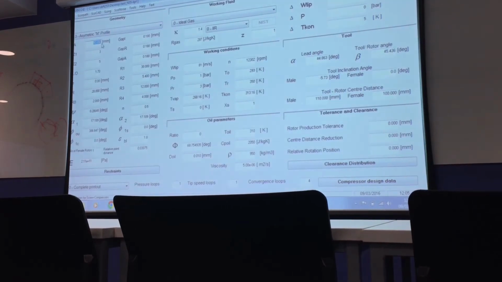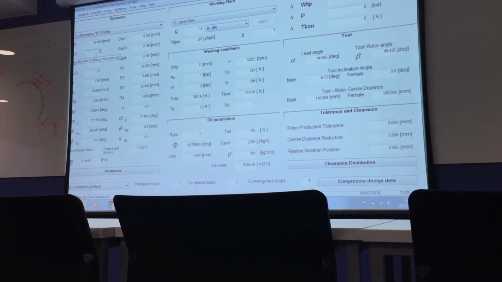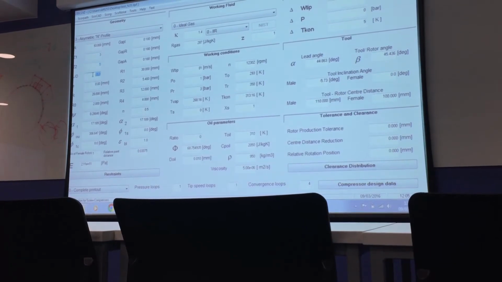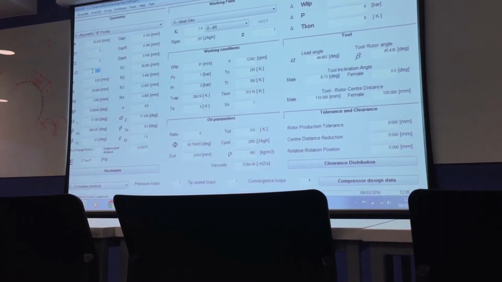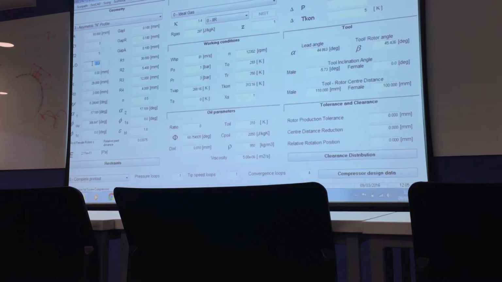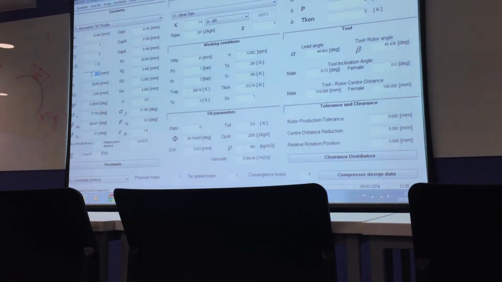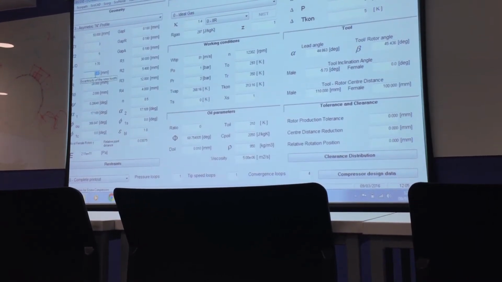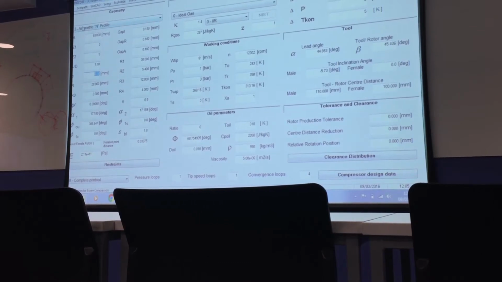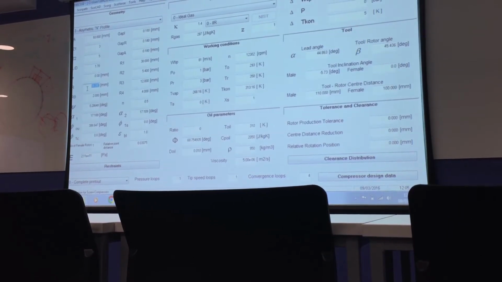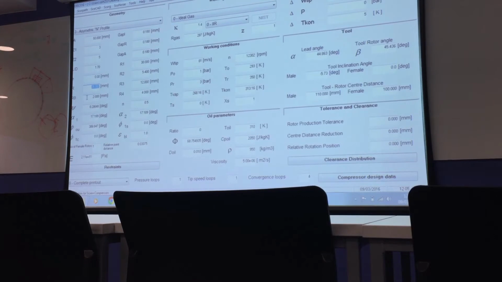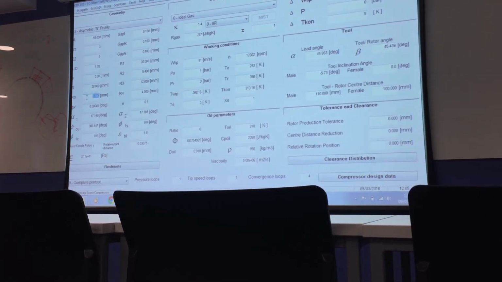This A stands for the center distance between the two rotors. Z1 stands for the number of lobes on the male. Z2 number of lobes on the female. L by D ratio is the aspect ratio of the rotor for the male. You can ignore E, it is used for different profile, not for this profile. R is the addendum on the male profile and R0 is the dedendum. What this means,